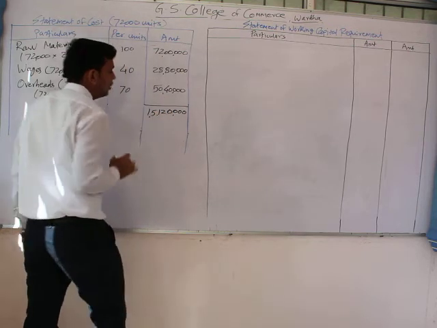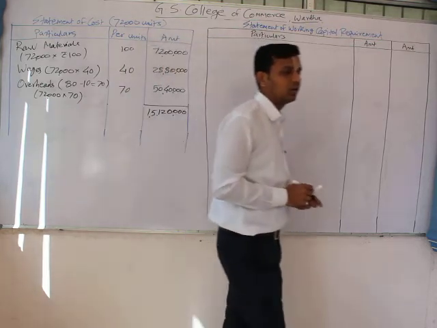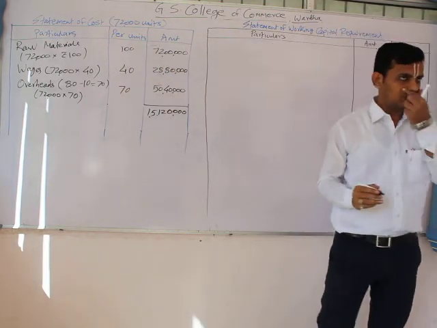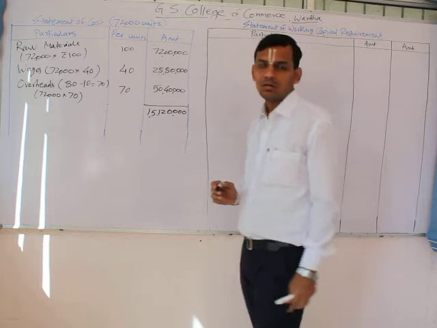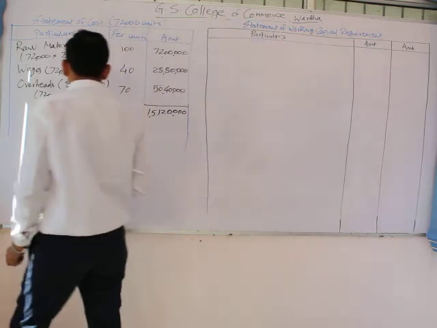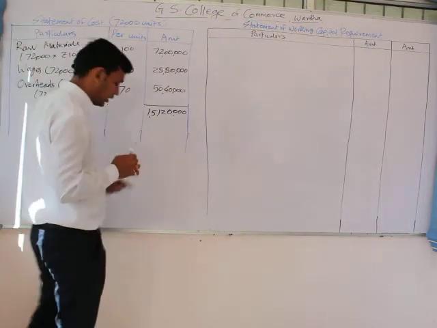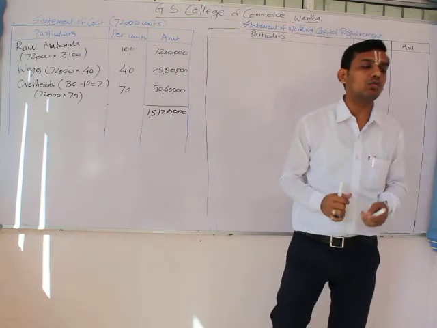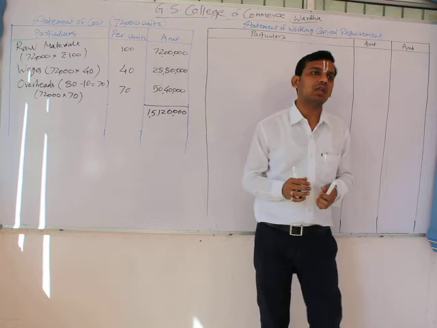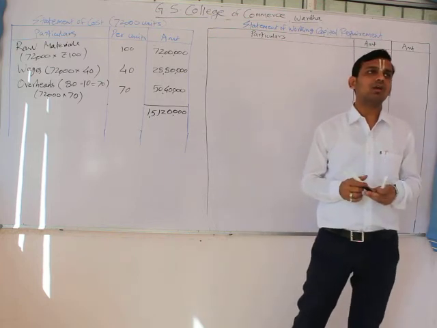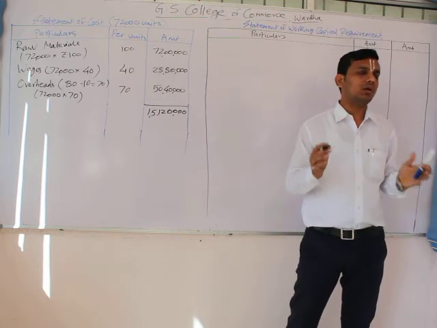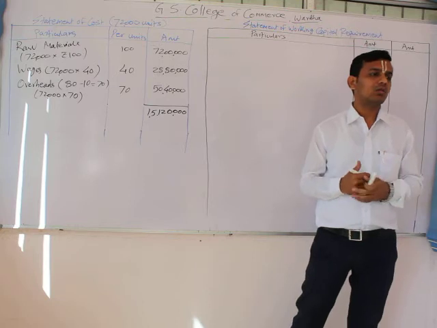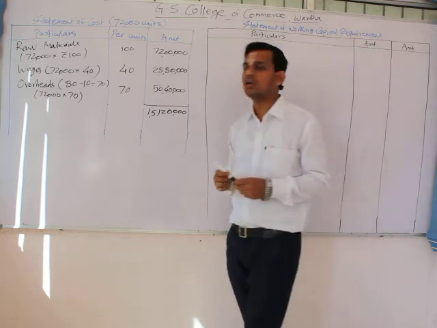Now we can make the total of it. It is 1 crore 51 lakh 20,000. Now the question again has one component which was new for us. It says that out of total sale, 20% of sale is in cash. So we have to consider that 20% sale, and we have to deduct those sales.